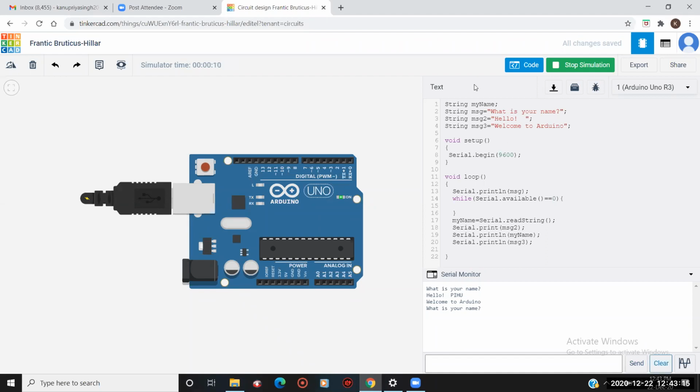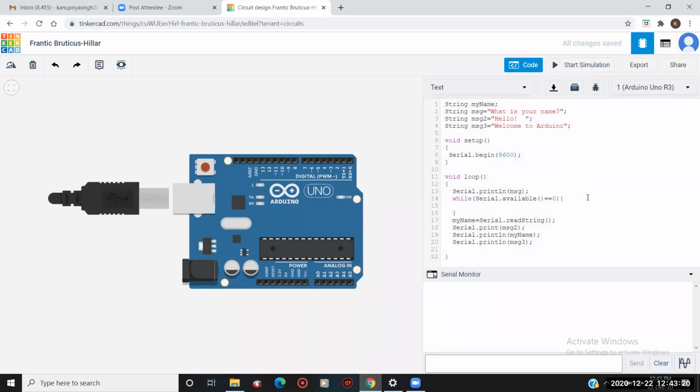So this is a very excellent code that you guys are learning here, and it is very, very important for the future learning, because in the future you guys are going to work on the sensors also, so it is very important to know how to take the input from the serial monitor and how to give output to the serial monitor. Here you have learned both the things, so keep it up guys, and please write down the code. I'm giving you 2 minutes to write this code.